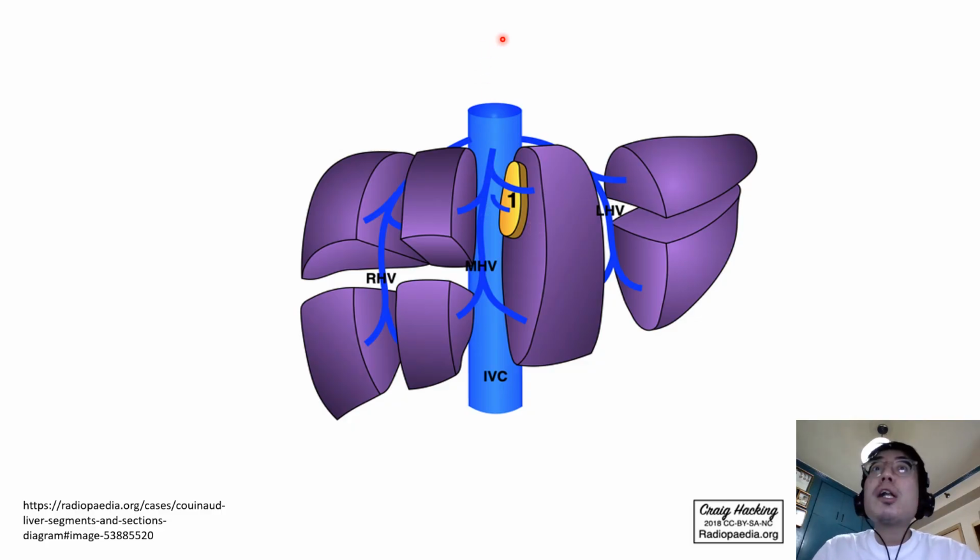What is special about the caudate lobe is that it may receive its supply of blood from both the right and the left portal vein. It is drained directly into the inferior vena cava by one or more small hepatic veins, which explains why it may undergo hypertrophy in certain liver pathologies.